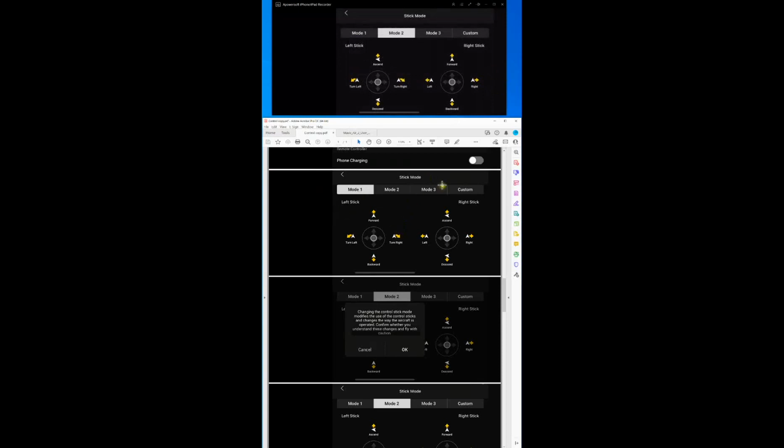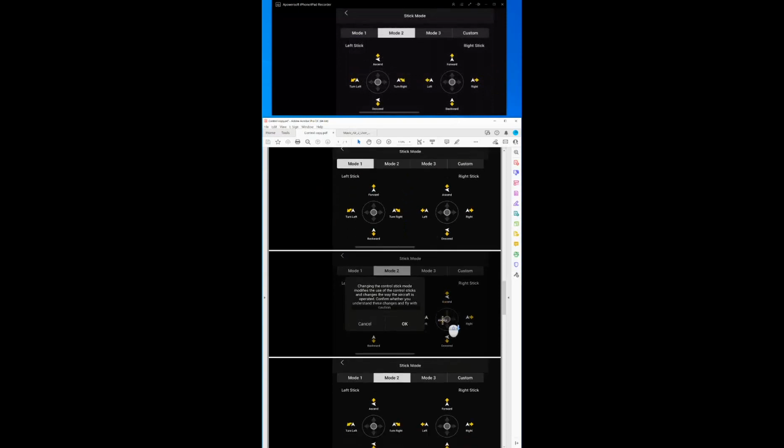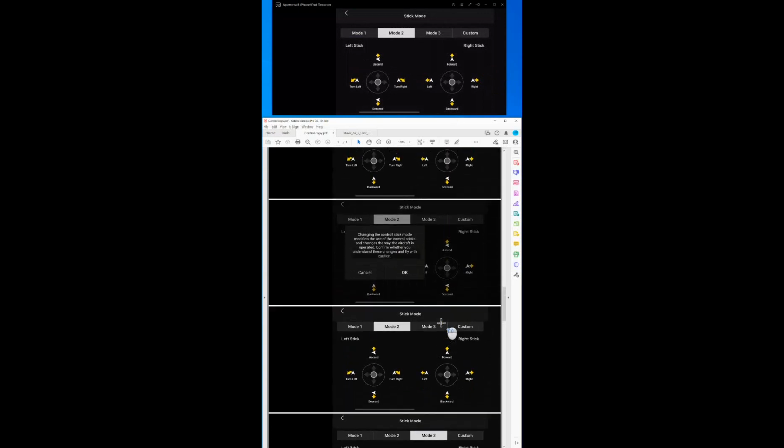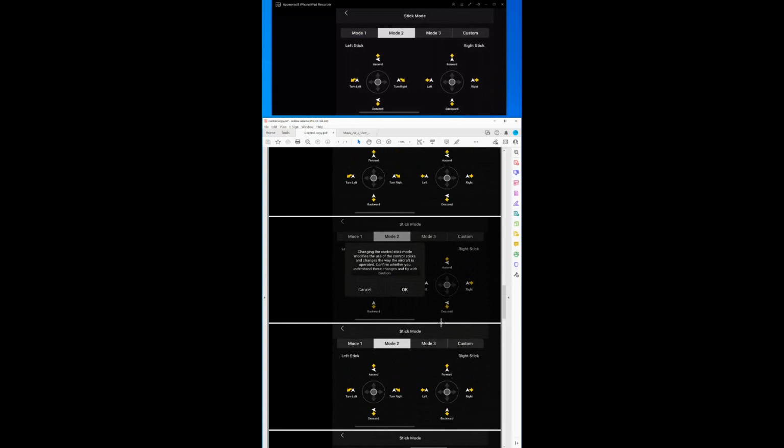Now here's your mode 1. Here's your mode 2. And all it's doing is changing the way your drone stick operates. So you have a left stick and you have a right stick. So let me show you the difference between mode